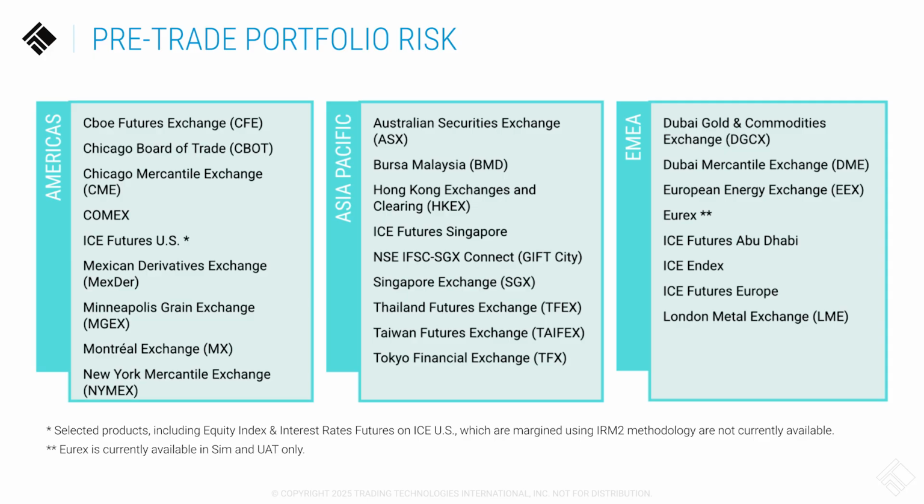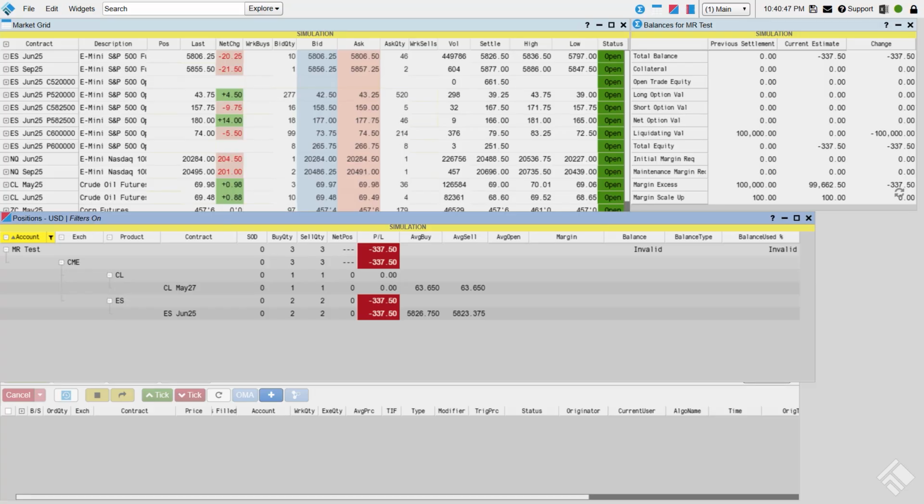Okay, we're now going to switch over to a workspace to see how portfolio risk looks to the trader and what the difference looks like between the old margin calculation, where we're just adding up all the values, and the pre-trade portfolio risk. We're going to switch over to the workspace, which we can now see on screen here. And just so that everyone is aware, what we're looking at in this workspace is kind of a simplified view,